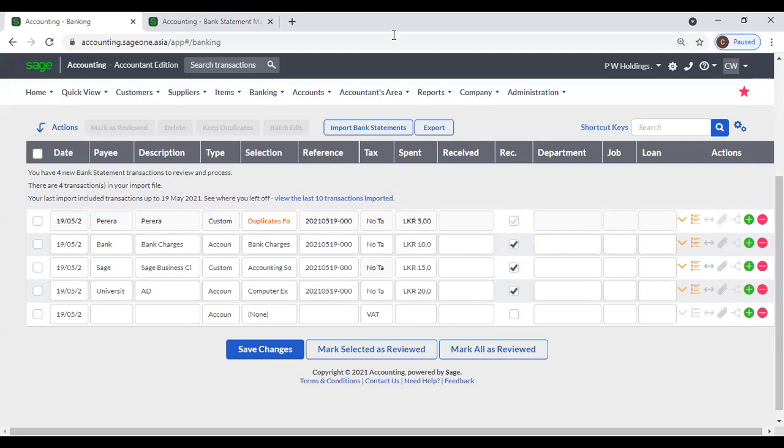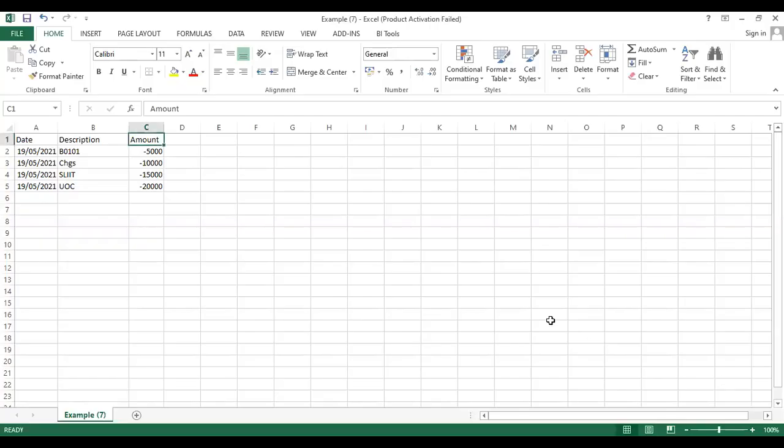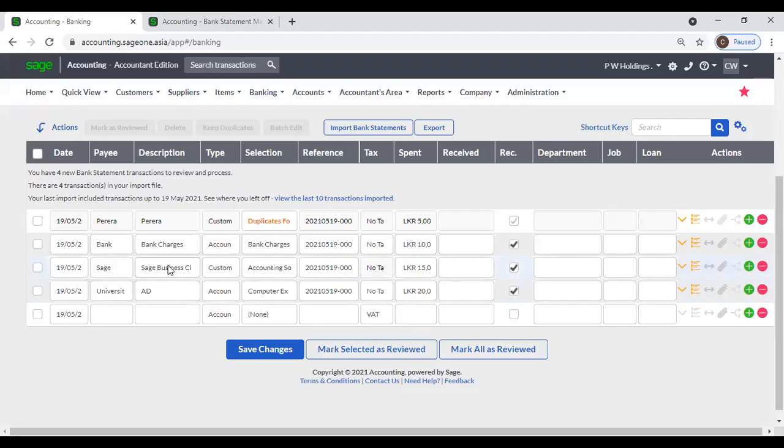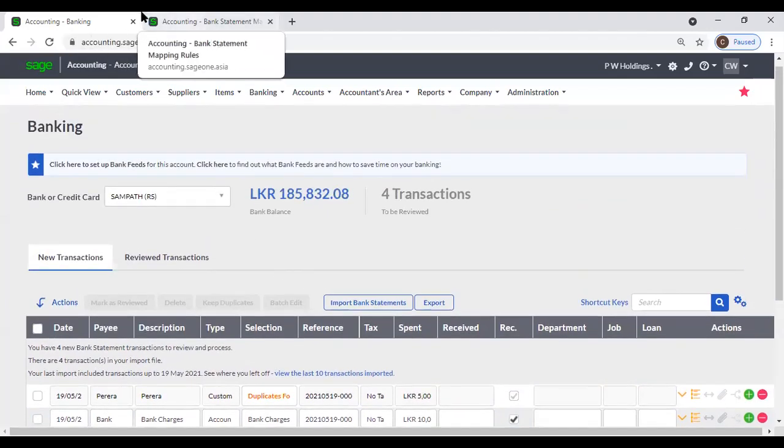Okay. Here, the CSV file contains only date, description, amount, but when you are importing to the system, it will fill that payee name, description, type, selection, and reference. Okay, because we have set